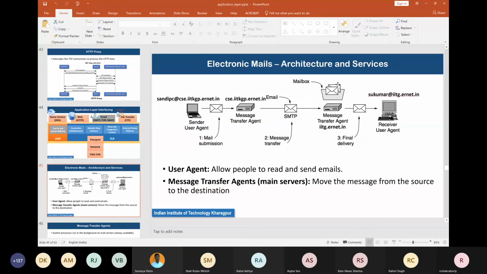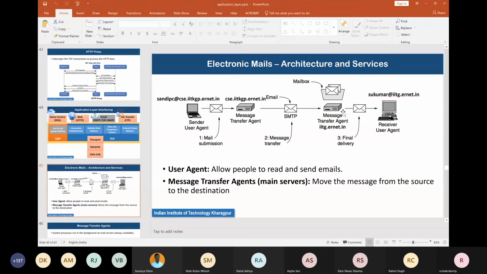The final delivery cannot be a push type delivery because, first of all, your remote message transfer agent or remote mail server, say iitg.arnet.in, has no information about your current IP address.